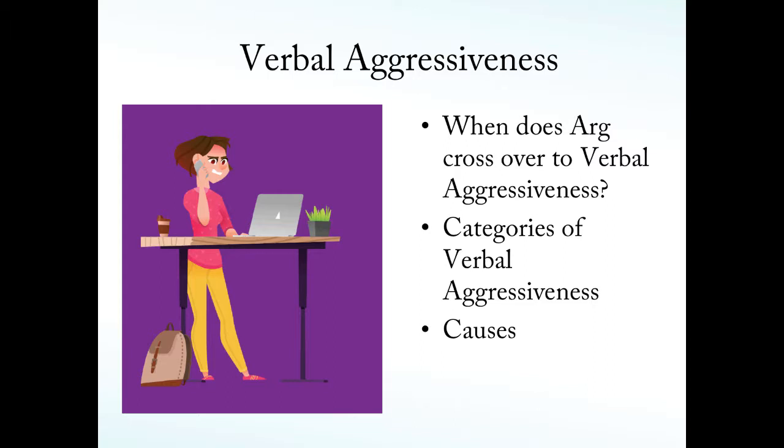Now, what causes this? Well, the researchers have identified that there are actually 5 causes, potentially. And of course, we don't know with great certainty right now, but there are potentially 5 causes. The first one is psychopathology. This occurs when an individual expresses previously repressed hostility. Usually it comes up later, maybe even years later.